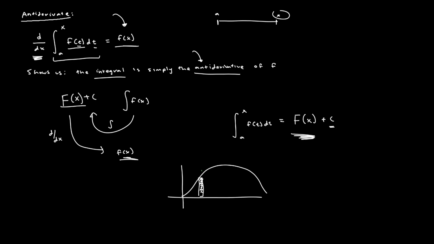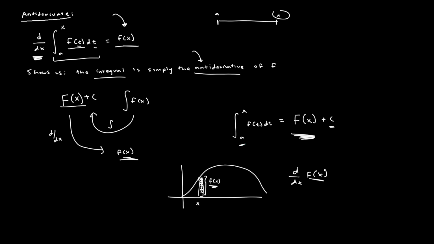And so if I were to take the derivative of that function that outputs the slice, so d/dx of F of x, now think about the slice at x. You can kind of think that at some value x, the amount I'm adding to the area corresponds to the height, and the height is simply given by f of x. And so it makes sense that the derivative of the integral function, so the derivative of that antiderivative, and the antiderivative is giving us the area up to some interval x anchored at some value a,